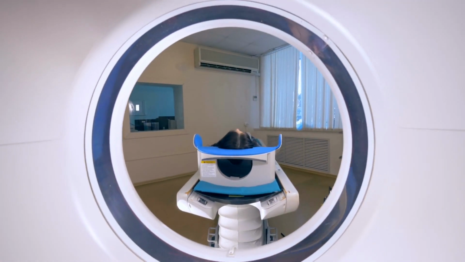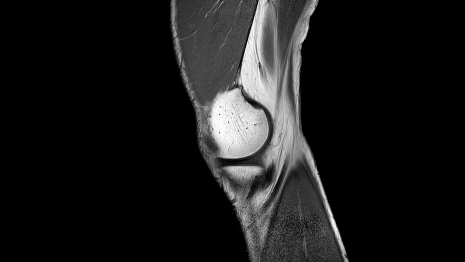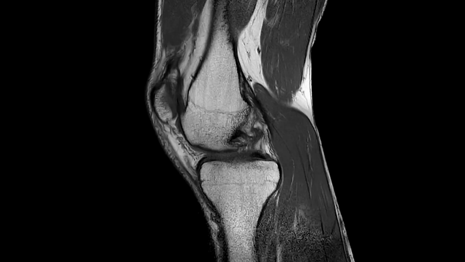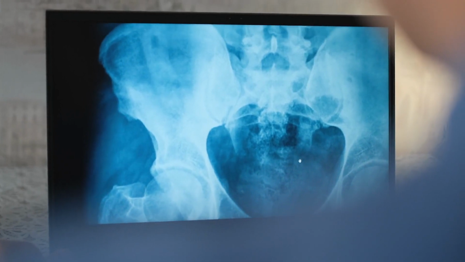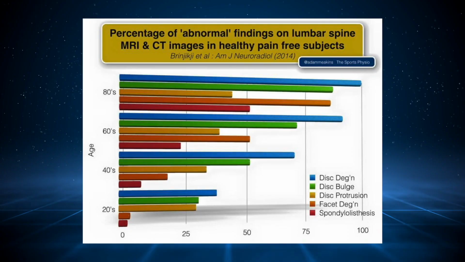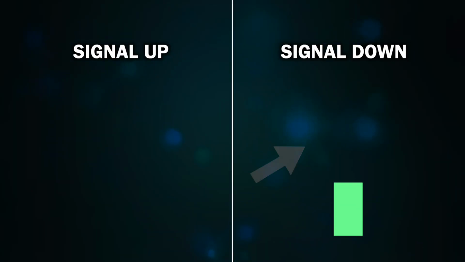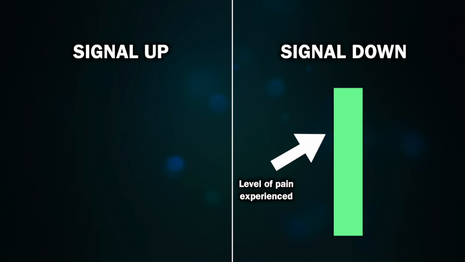And this is where the reliance on scans for diagnosis can fall down, because they can't show you pain. And seeing the level of tissue damage doesn't always correspond to the level of pain felt. You can't measure pain, you can't have a scan or take a blood test and be given a pain score. A lot of studies show that people with tissue changes have no pain, and sometimes people with nothing on a scan can have a lot of pain. And it's mainly those that feel dismissed and that it's all in the head. But that is just what all pain is. This signal down, and it's all very real.